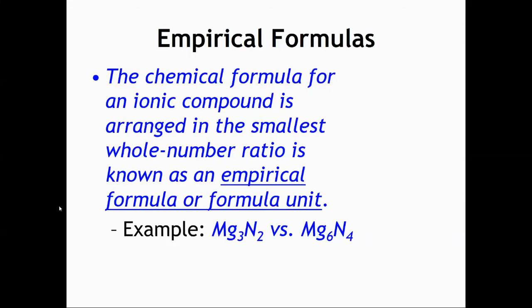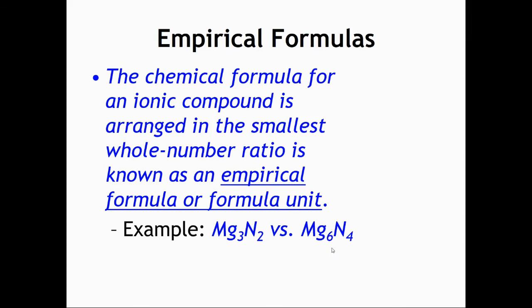Okay, the last thing we want to talk about is what's called our empirical formula. This is only true for ionic compounds. The chemical formula for an ionic compound, so a compound that has those charged ions, the cation and the anion, is arranged in the smallest whole number ratio, and that's called your empirical formula or your formula unit. Okay, so what that means is, let's say you do that throwing of the electrons, and for some reason you end up with a formula of